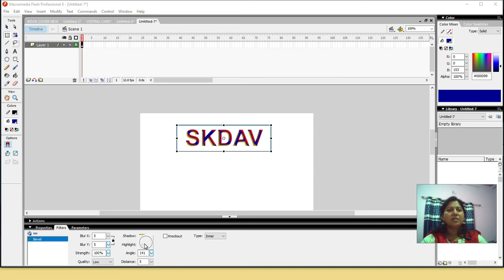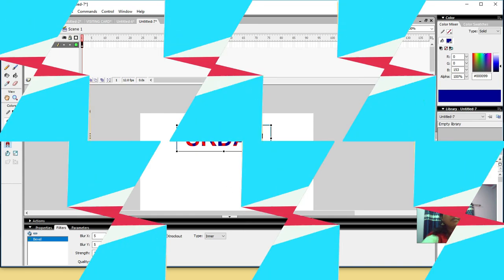Distance. In such a manner you can change the format of your filter option, that is called the shadow emboss of your text.